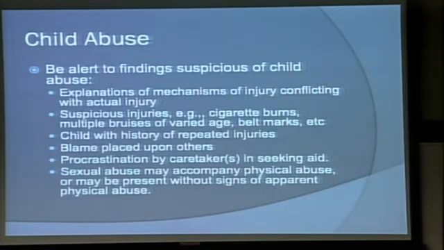Suspect child abuse if the mechanism the adults tell you happened with that injury seems to conflict with the actual injury. Suspicious injuries are obviously cigarette burns, bruises of varying ages, belt marks. Don't forget that sometimes when you see bruises of varying ages in kids, the kid may have a hematologic abnormality. But still be suspicious. Child with repeated injuries,